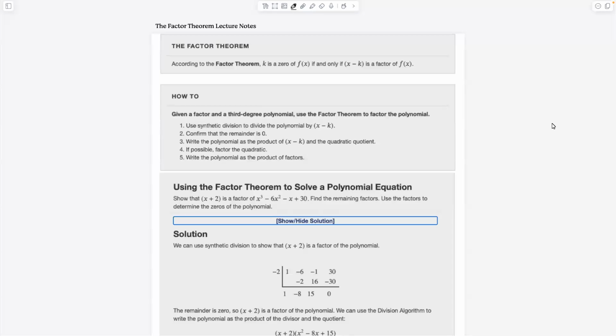Okay, let's talk about the factor theorem. Factor theorem says if you've got yourself a polynomial, then some number k is a zero of that polynomial if and only if x minus k is one of the factors. Now, this can be extended using what's called the fundamental theorem of algebra that we'll talk about in